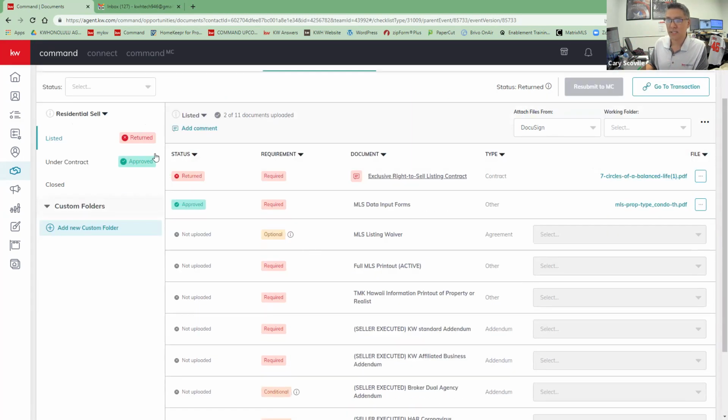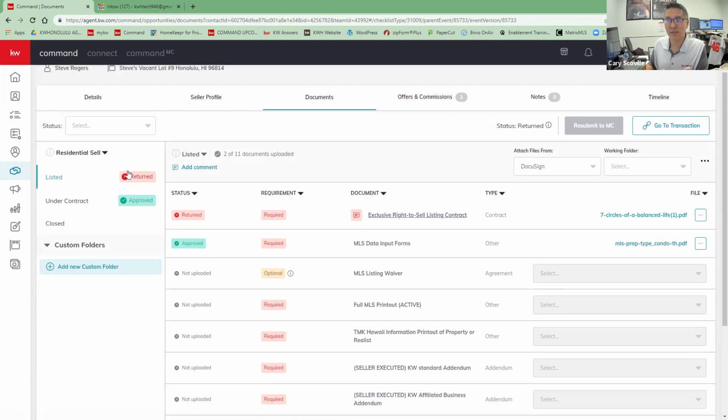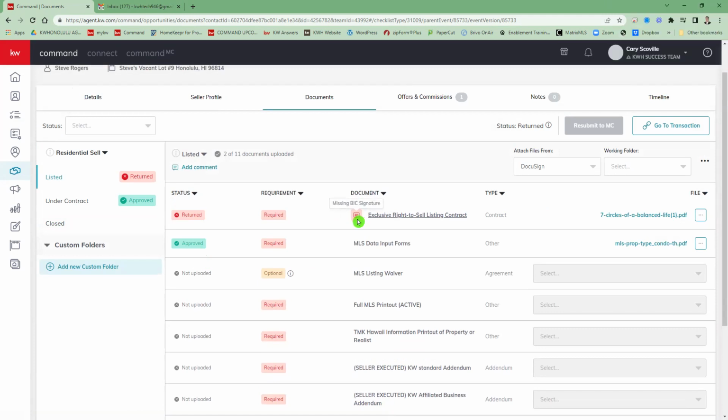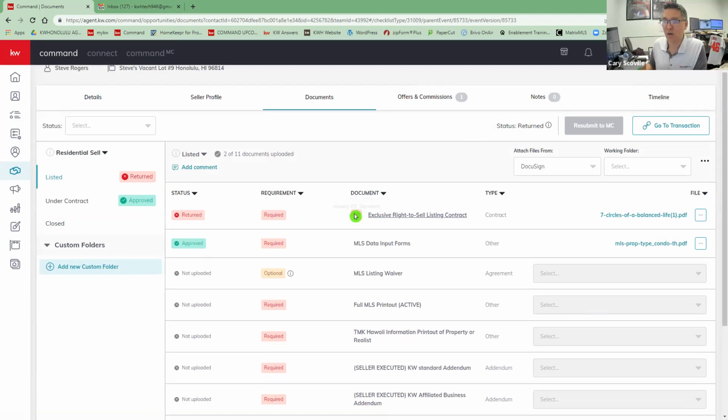So you'll see Rob will send you an email. A lot of times it'll say, hey, please check your notes in command. And so when you go back to revisit the transaction, you're going to see what category maybe has returned and where the error is. And if you hover over it, his note will pop up and say, oh, I'm missing a BIC signature on this. Okay, great. Let's correct that. Right.